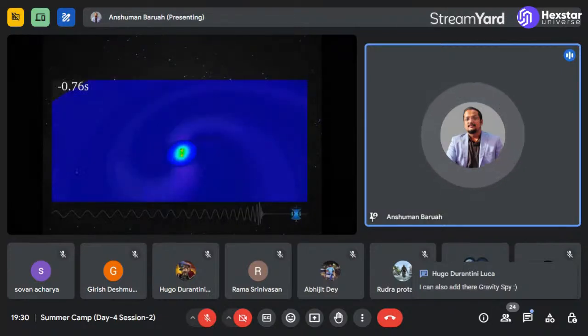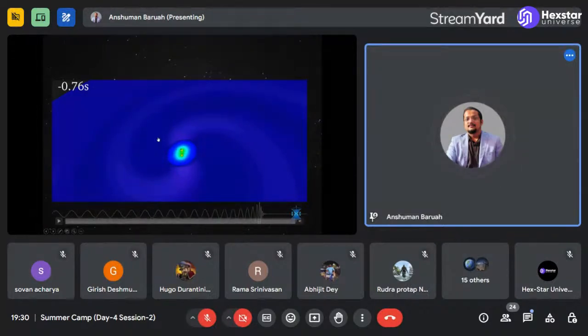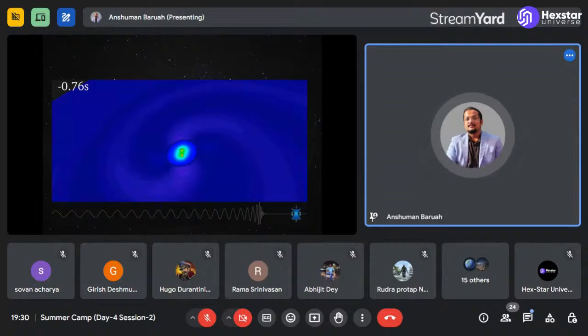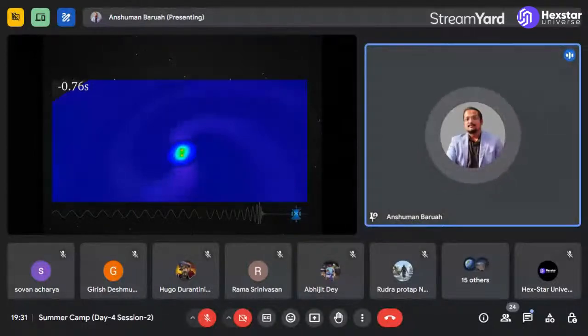So gravitational waves are actually ripples in the fabric of space-time, right? What I mean by ripples in the fabric of space-time is that whenever you throw a stone into a pond, you see that waves are being emitted, right? A similar thing happens in space-time itself. So whenever gravity becomes very, very violent, say for example, when two neutron stars collide, or when two black holes collide, or when a very, very massive object collapses on itself, these ripples or waves are created in the very fabric of space-time.